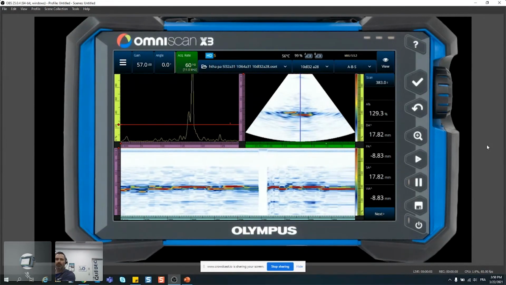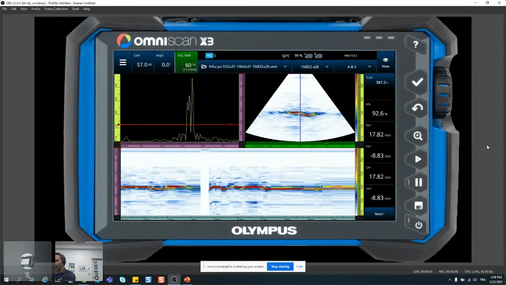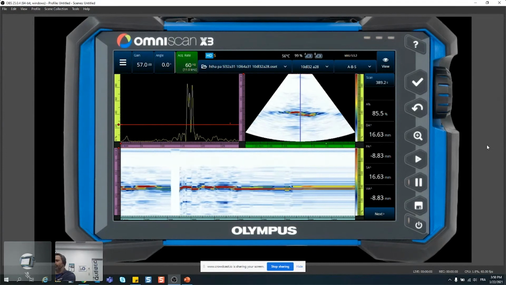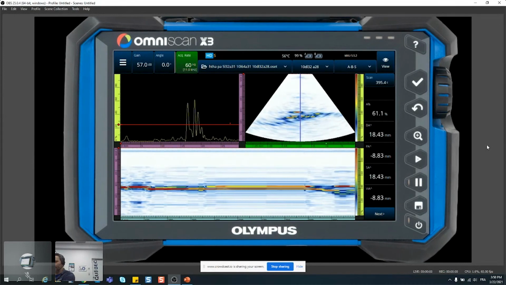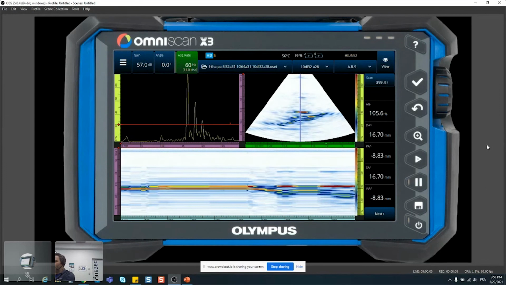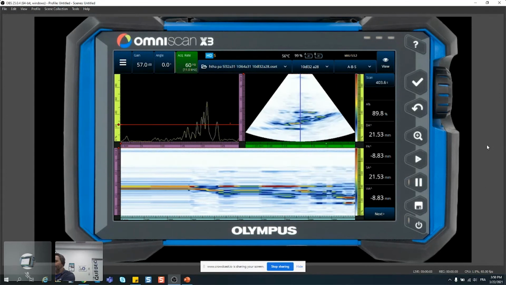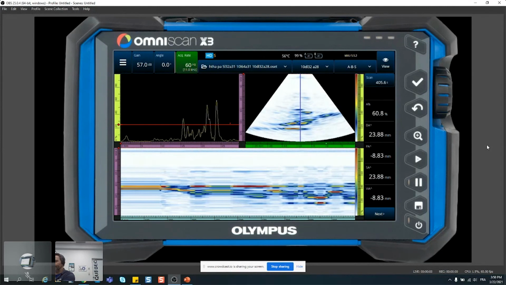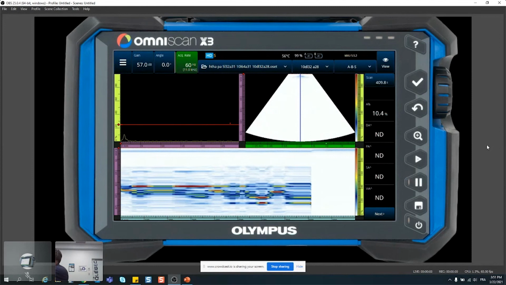I'm helping my case doing a sector like I'm doing, but it was really designed to do weld inspection, going from low angles to high angles. I think we're doing a pretty decent job here in this area where clearly we have a problem. So that is for phased array.